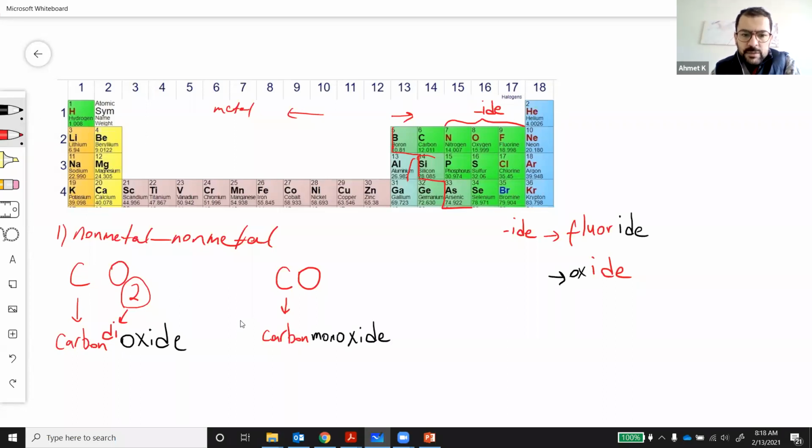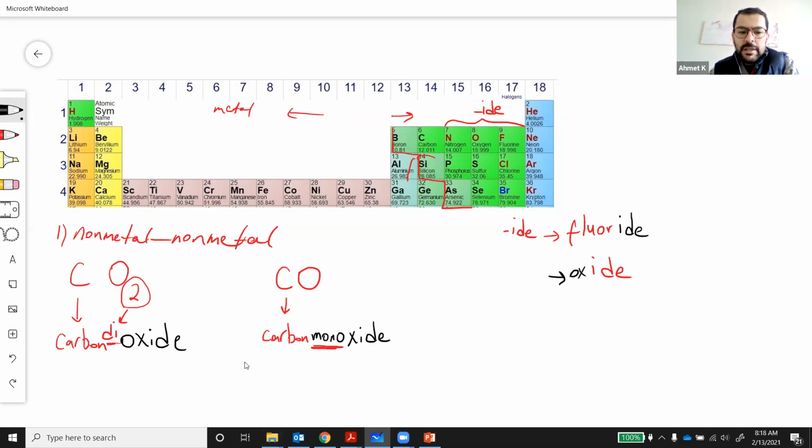So for the second one, even if you have only one, we actually name it as mono. If it's 2, we are saying di. If it's 3, we are saying tri. But for the first one, as you can see, if it's only one atom, we don't really say mono. You can just skip it, and we assume that it's going to be only one. However, if you have